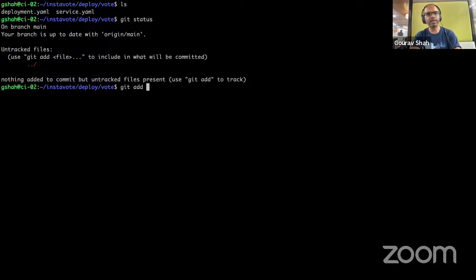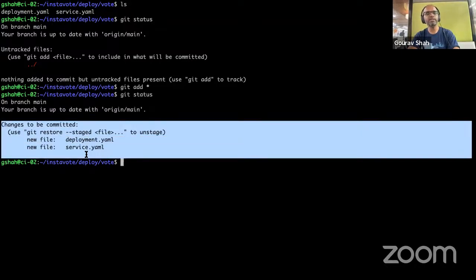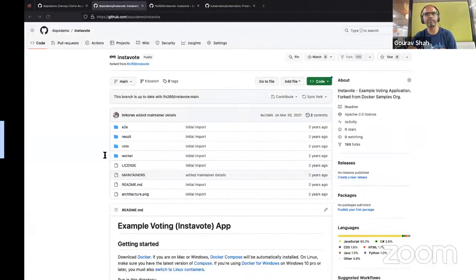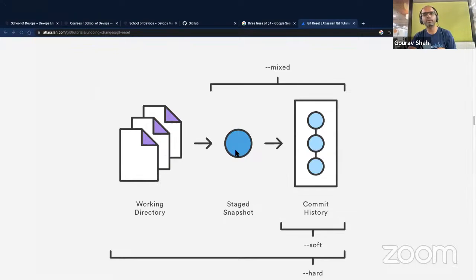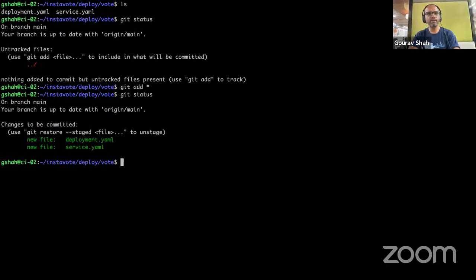Now I'll add these files with git add, one file at a time, or I can just say git add star, which would take all the changes, all the files that I have, and start adding them to the staging area. Earlier, it was just in my working directory. Now it is in the staging area. I can bring it back from the staging and remove it before committing, or add more files to it later. And only when I say git commit,